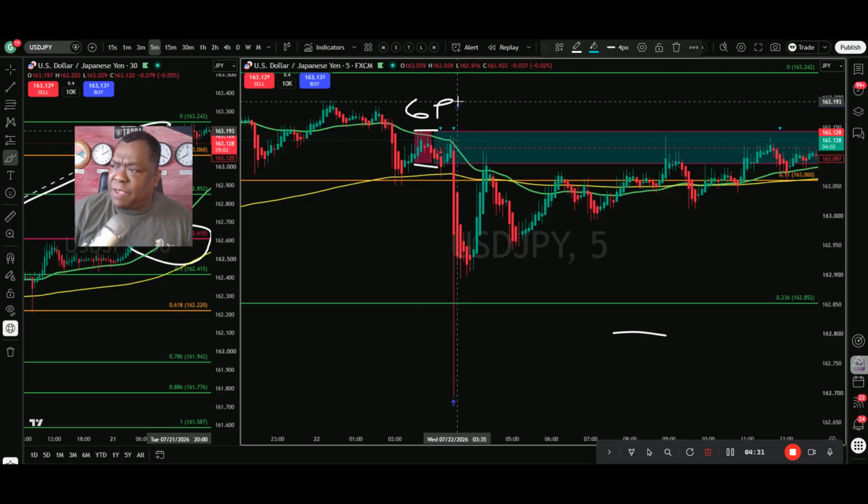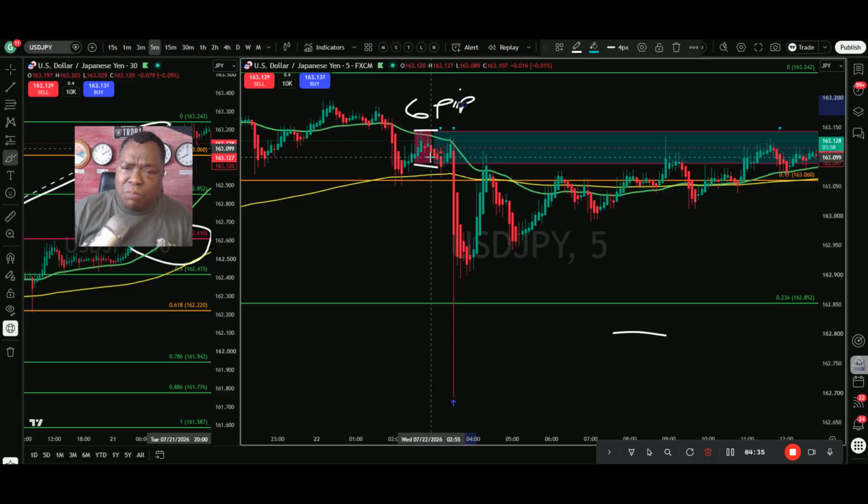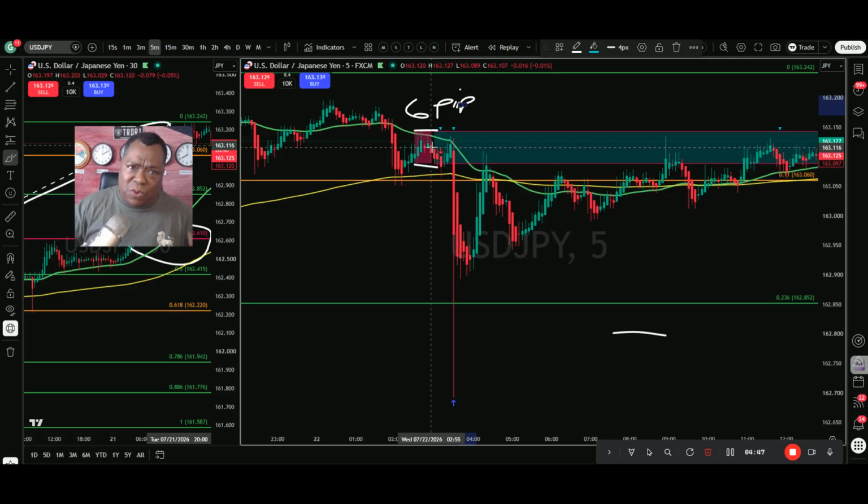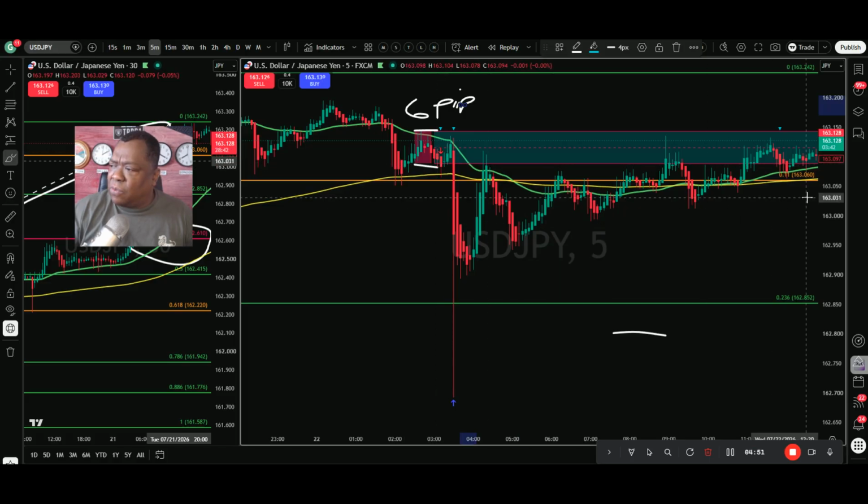All right, and 6 pips as a stop is tremendously small. Remember, I'm teaching you about high asymmetric trading. That means taking very small risks to get a very big gain. Asymmetric means bigger than what I'm risking. So if I'm risking 6, right, and then what I did was